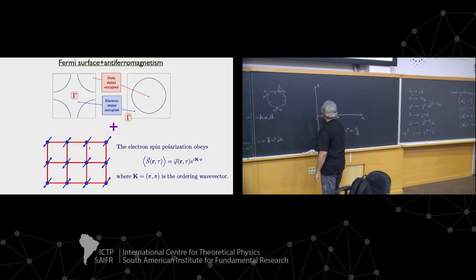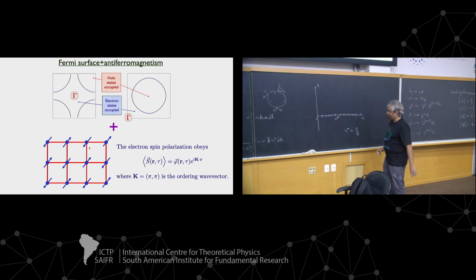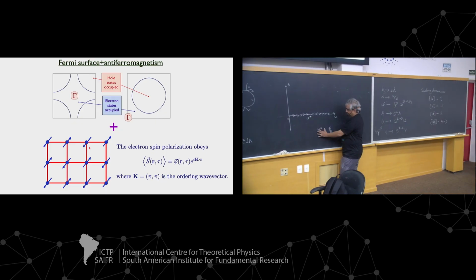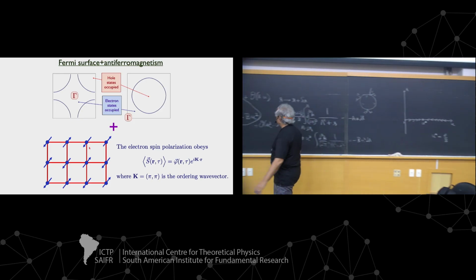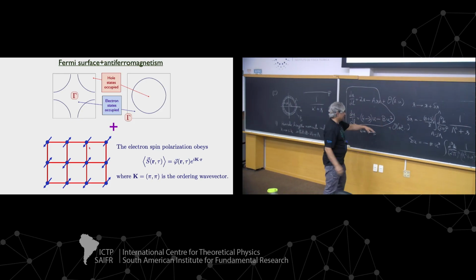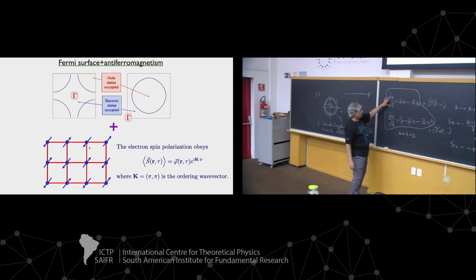So if we look at the flow of u, this is u equals 0. It flows this way, and on this side, it flows the other way. So for small epsilon, there's a fixed point which is very close to the origin. So you can trust the flow. And if you go near this point, you can still trust the argument. It's a fixed point, and if you go above, it comes back. Okay, so that's the flow of u. There's also a little tilt to that axis if you put in higher order terms in r, which I have not put.